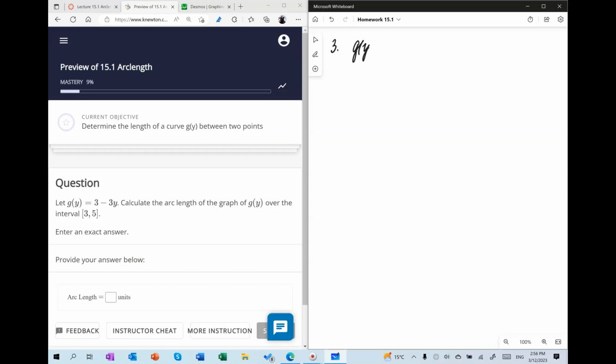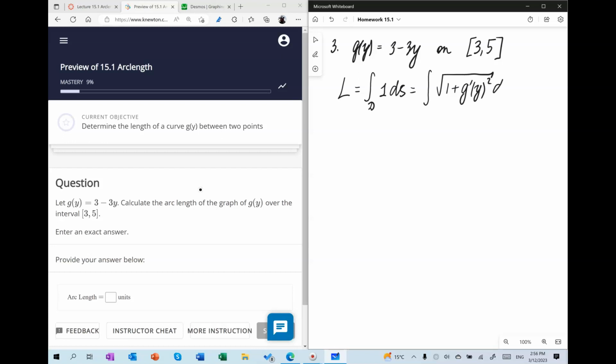So we have g of y equal to 3 minus 3y, and the domain of integration is given with respect to y, I would assume, and again, we're looking for the arc length, for which the universal formula is this, but because we are given everything in terms of y, we're going to interpret ds as the square root of 1 plus g prime of y squared with dy by its side,